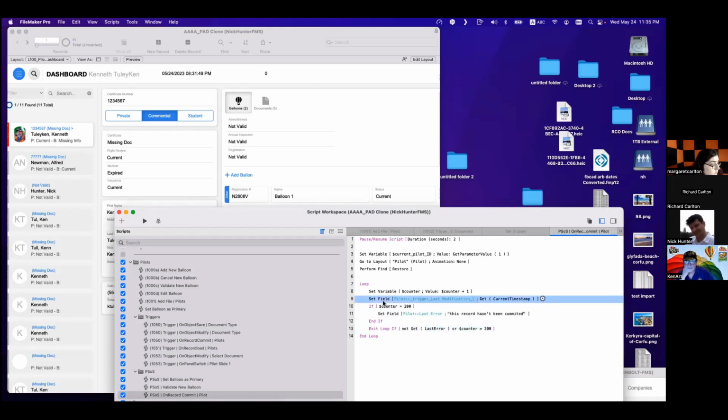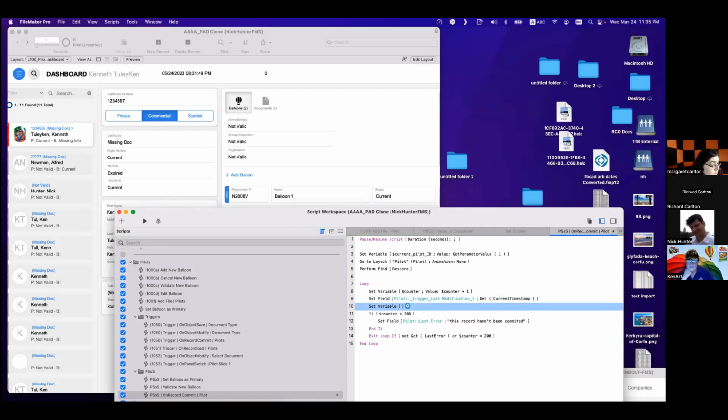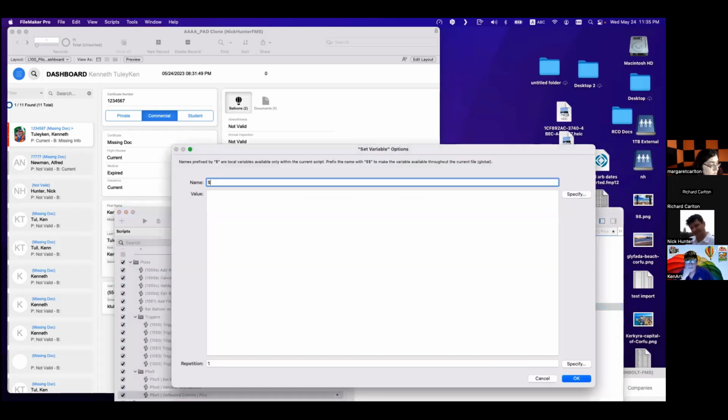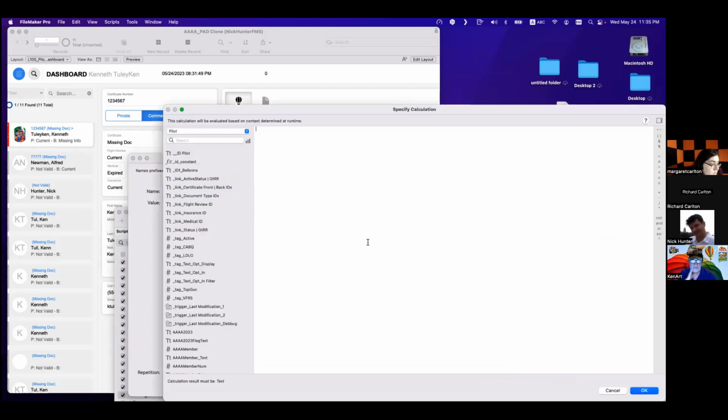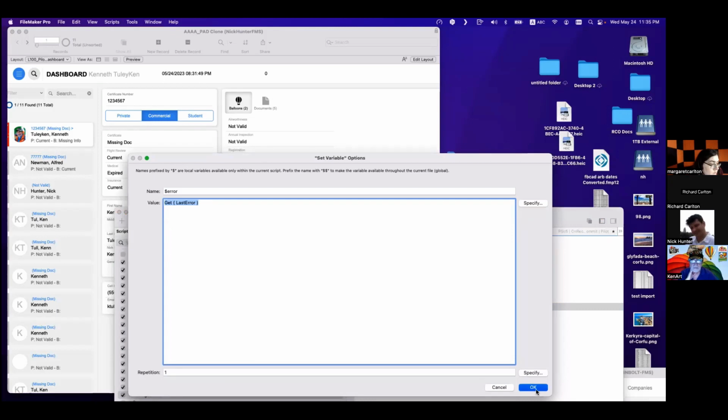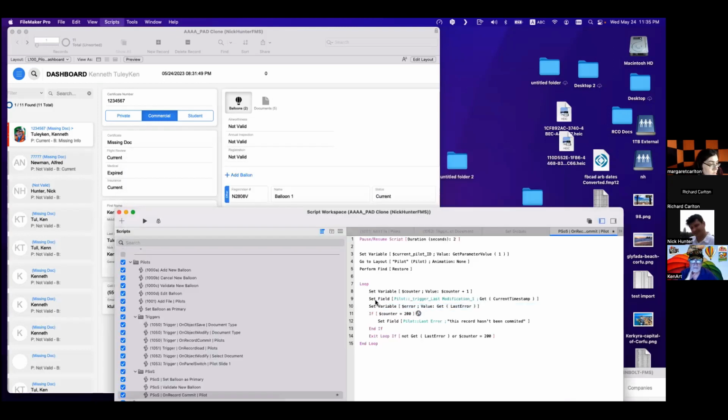So here you need to set a variable, last error, or I call that error, right? And you put the get last error here, because I want to monitor the last error of this. So I put the variable here, right?